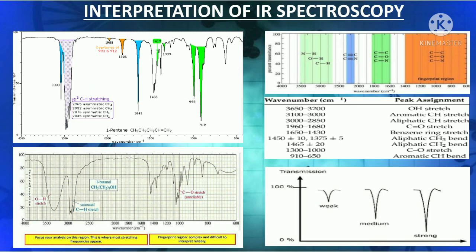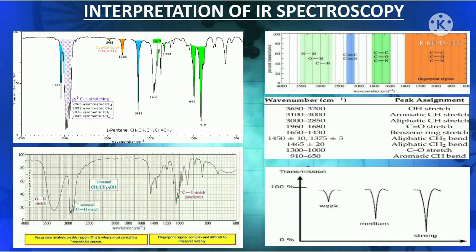So now, how to interpret IR spectroscopy? Well, we get to see certain types of graphs like this. Here, the presence or absence of specific functional groups can be seen. It also provides a molecular fingerprint which can be used when comparing samples. If two pure samples display the same IR spectrum, it can be argued that they are the same compound.